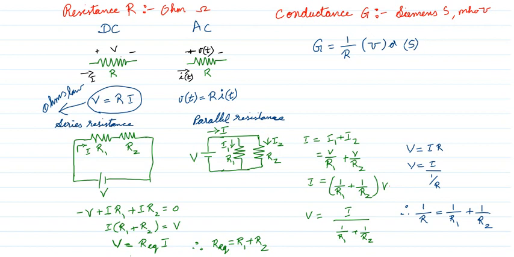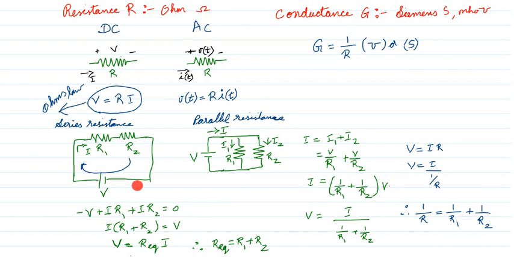Now we will see resistances in series. What will we be doing? Apply Kirchhoff voltage law for this loop. The current is flowing in this direction. So what is the entry voltage? It is minus V plus I times R1 plus I times R2. So this voltage plus this voltage plus this voltage is equal to 0. That is Kirchhoff voltage law applied.